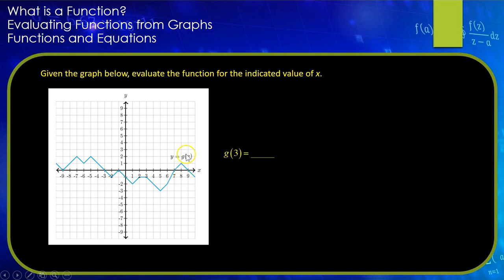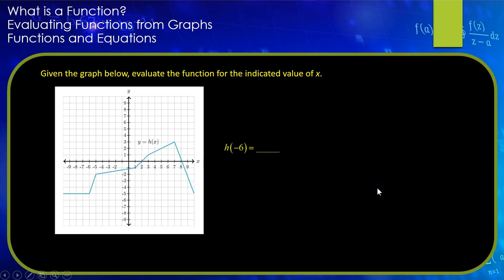So with the function y equals g of x, me looking for g of 3 means I want to figure out what the y coordinate is when the x coordinate is 3. So here's where x is 3. I see here the graph is down here at negative 1. So that's what the answer is. For the next one,